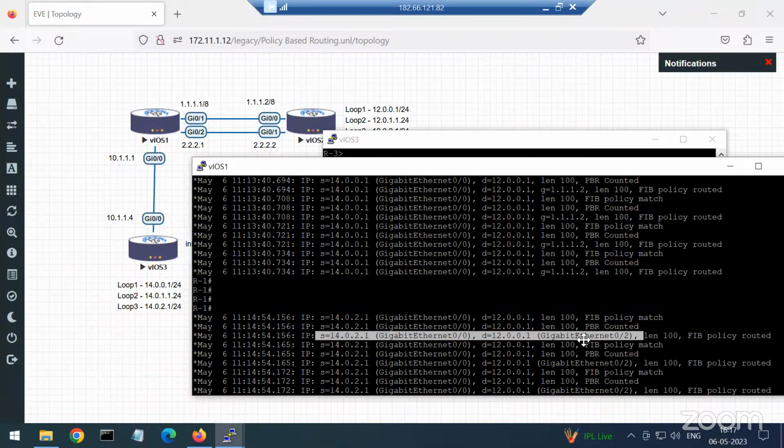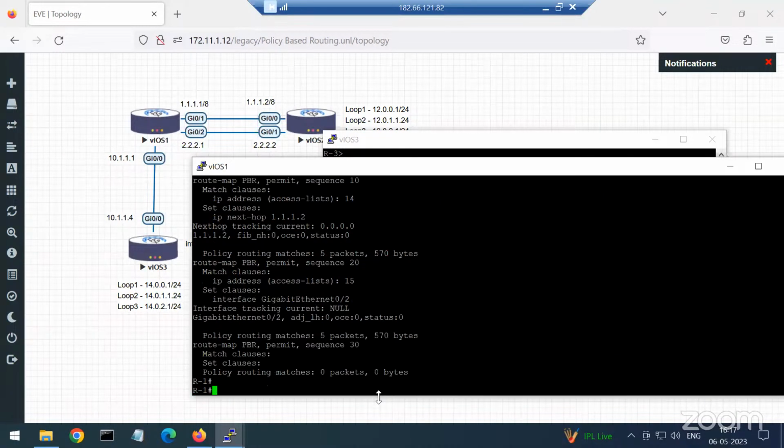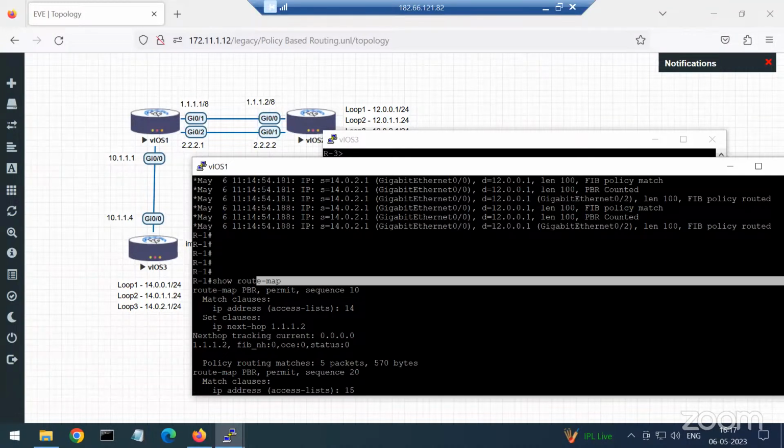It is using the exit interface, because I have not defined the next hop in the second route map statement. I have defined the exit interface. To verify the route map, there is a command. You can simply run the command do show route map. So you can see these are the specific configurations you have executed